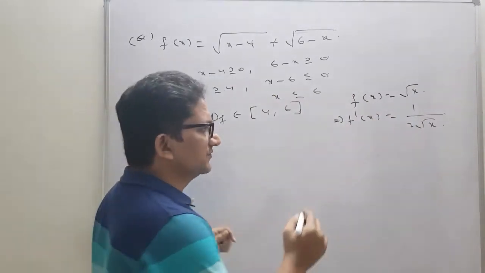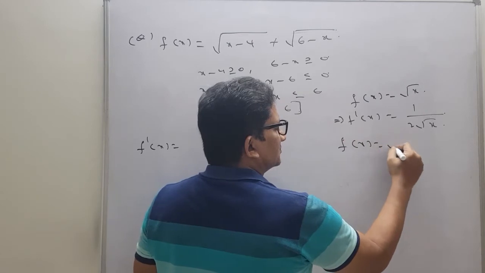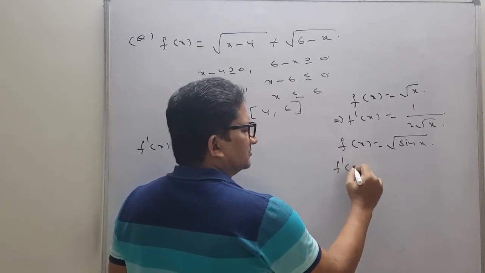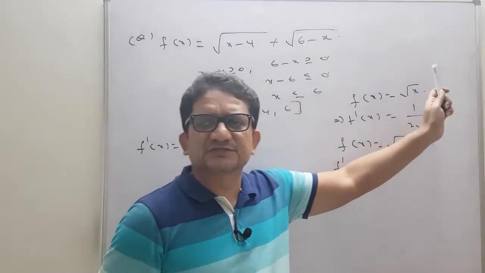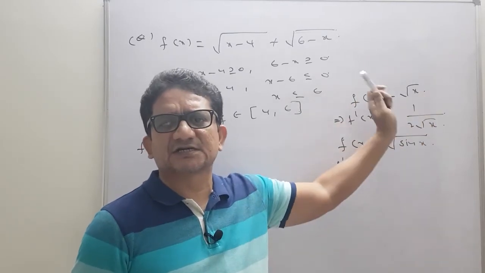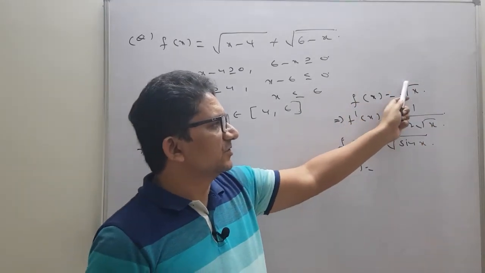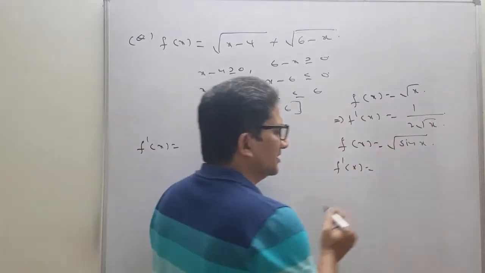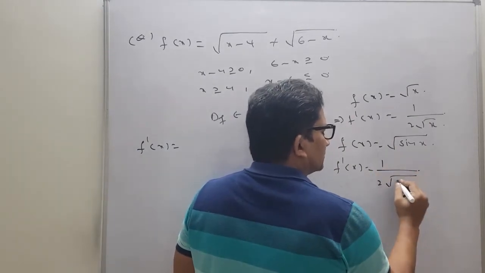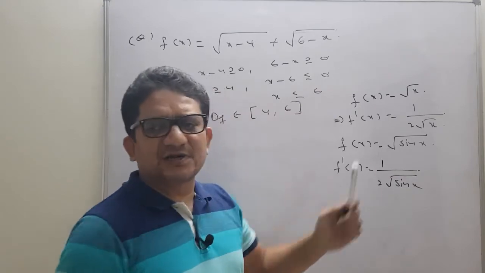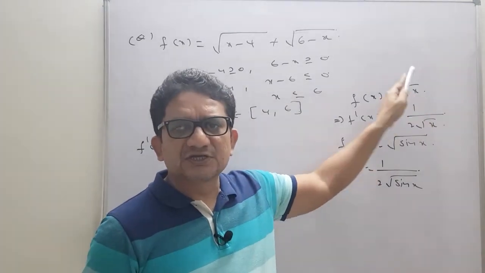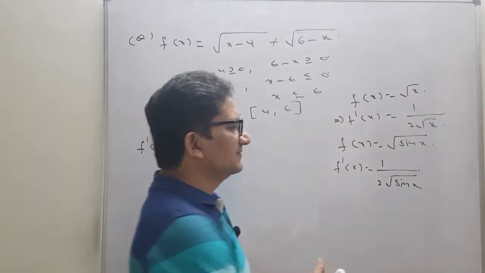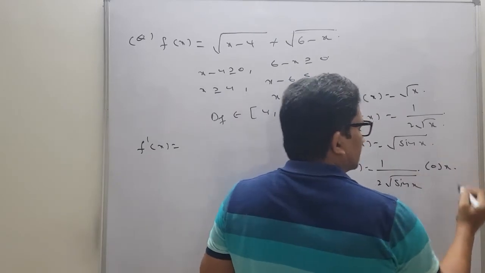For example, listen carefully. Suppose we have f of x equals square root of sin x. Then we write f dash x equals, following the same technique as root x, which is called the chain rule. We will explain it again when we start differentiation. When root x is there, 1 by 2 root x. When root sin x is there, we follow the same pattern and write 1 by 2 root sin x. But the original formula is prescribed for root x, and sin x is sitting in the place of x. We need to differentiate sin x again. The derivative of sin x is cos x. So this is your solution.